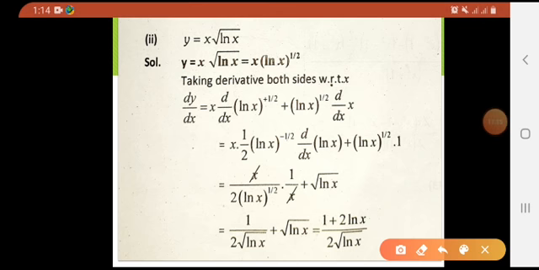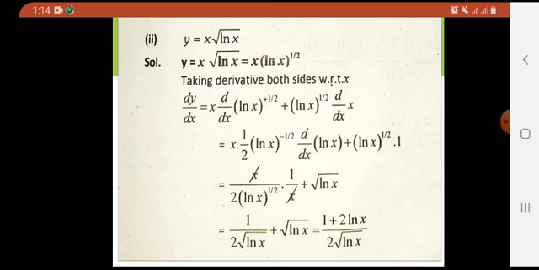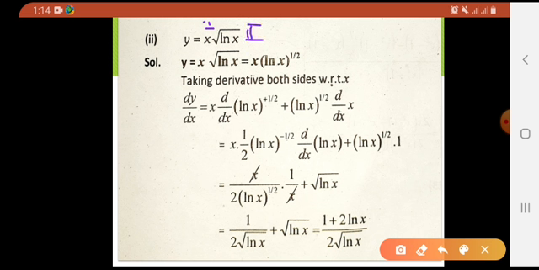Okay, now look at this. This is x into natural log of x. Now you can see this natural log of x is in the radical, right? So ये radical के अंदर है, इसलिए 1 by 2 को आप start में नहीं लेकर आ सकते, never. Now here directly this is your first function and this one is your second function. Directly apply the derivative on both sides. How? By product rule, right?